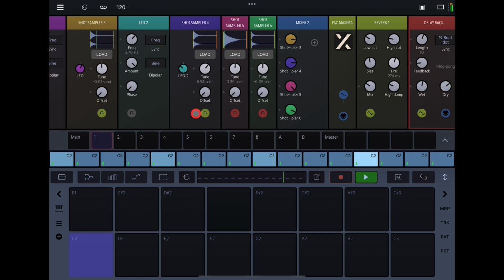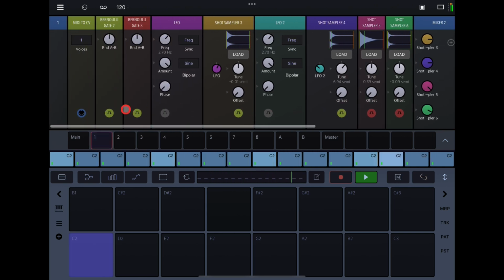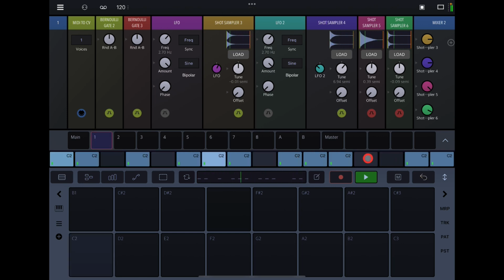Anyway, the point was the Bernoulli gates. So just with 2 Bernoulli gates going now, you've got this really interesting rhythm. And of course you could add another one and add 2 more. And then dropping some of these out now will cause more interesting rhythms, and then varying